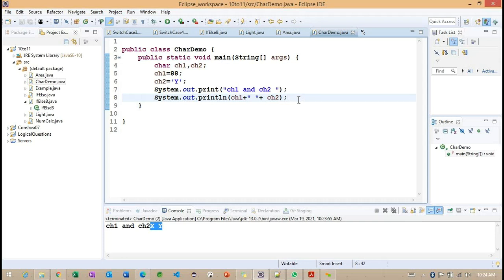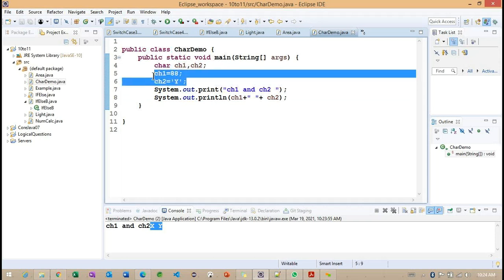Go to the website unicode.org and find out which character resides at the value 88. This is the way we can work with characters. We can convert a number into a character, and a character into a number.